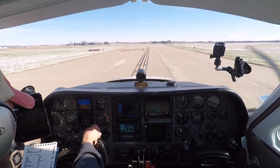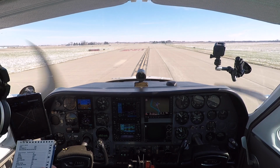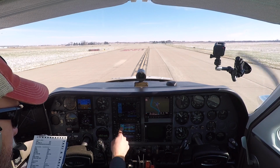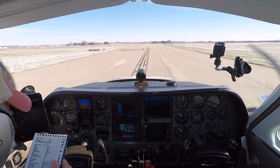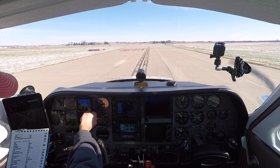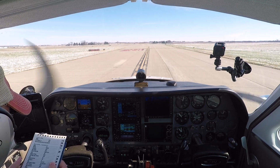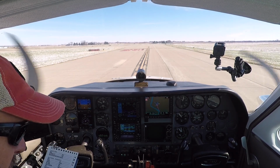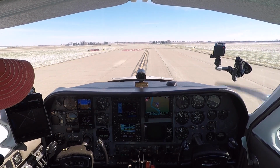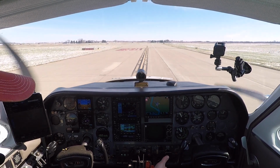We're going to depart runway 32 and do whatever control instruction he says to turn off to the south. Radios are all set. We got Rockford approach to get flight following. Probably 9130 Delta Janesville Tower, 3 miles northeast, right base 32. Alright, so the checklist is complete. Now, we'll pull up to the hold short line. The only thing I have left to do prior to departure is to put the mixtures full rich, which...